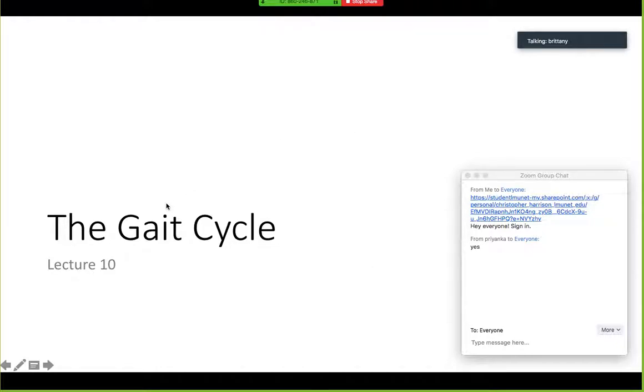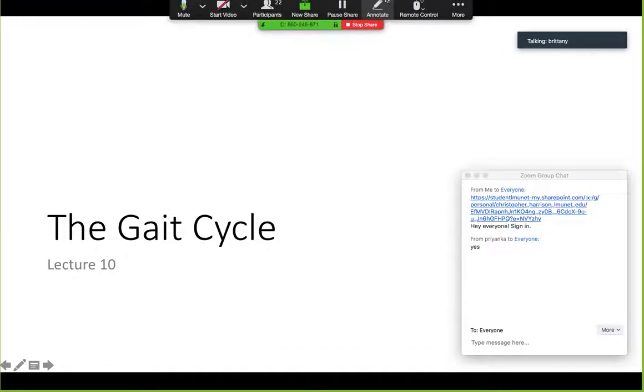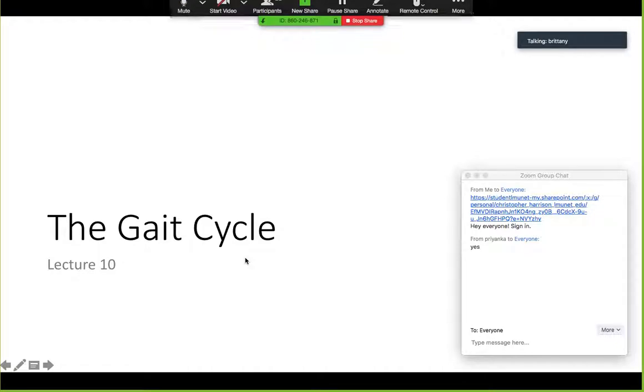But I'm going to start with the gait cycle. I'm going to try to keep this fairly short tonight because I know it's crunch time for the block exam Monday. So I'm going to try to keep this around 45 minutes or so, hopefully. Okay, so